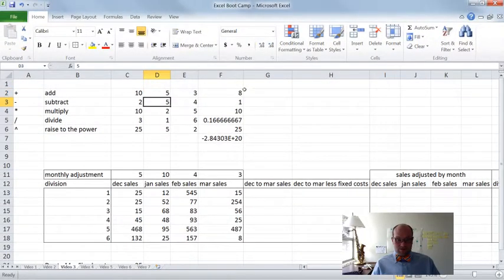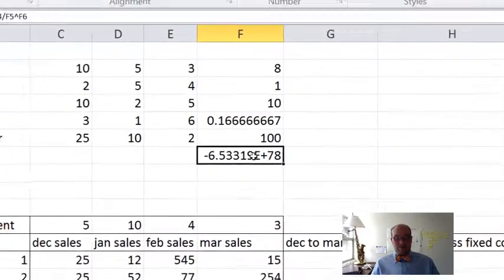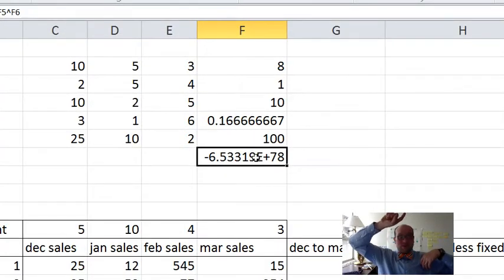Well, it doesn't really happen. Let's change this one. This would make a difference, right? If I change that, it actually changes this and changes this. What I mean is that now there's a whole series, a network of things going on. If I change one thing up here, it trickles all the way down to the bottom. So this is how you're going to create bigger spreadsheets that are models, and you're going to model some sort of financial or some other type of